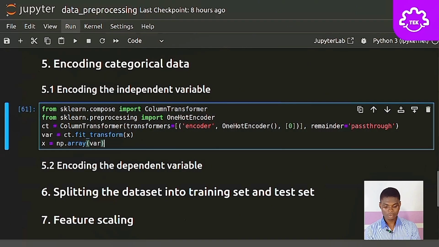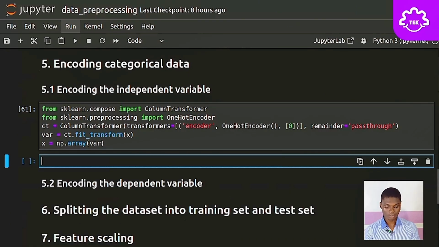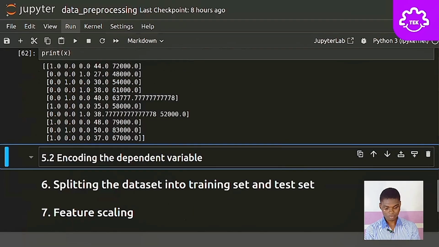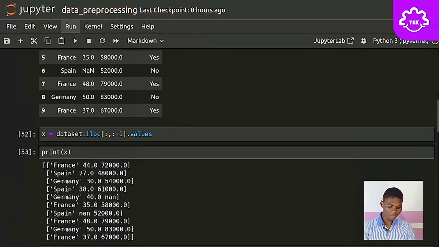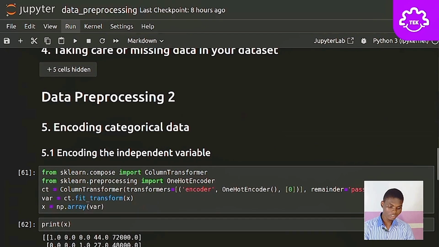Once you run this cell, I just want you to see the outcome. Therefore, let me print x. You will notice that there are no string values in the output. Those strings, Germany, Spain, France, have been changed to numeric data. That is what is called encoding the categorical data. So you have, for example, Germany, France up here. France is represented as